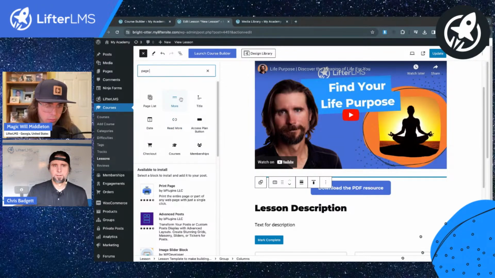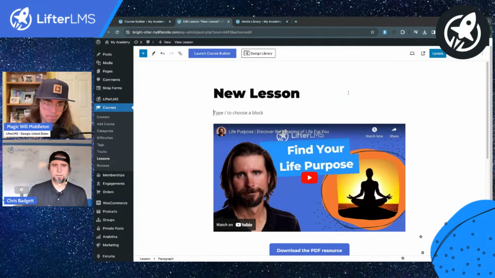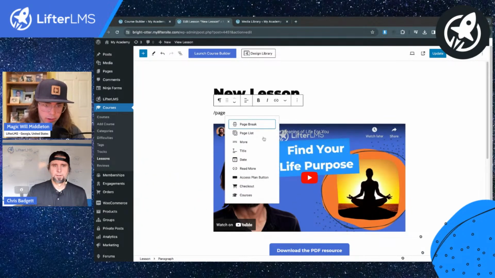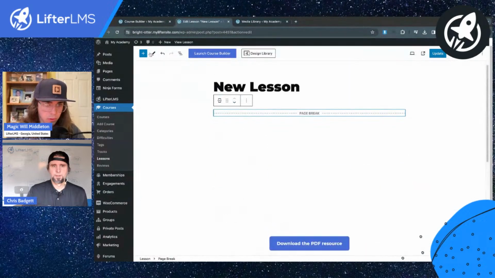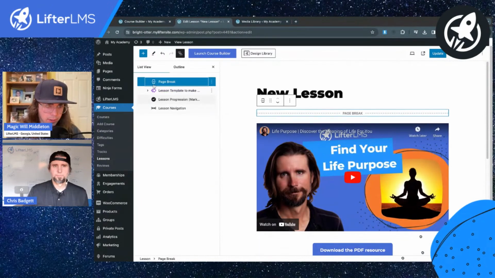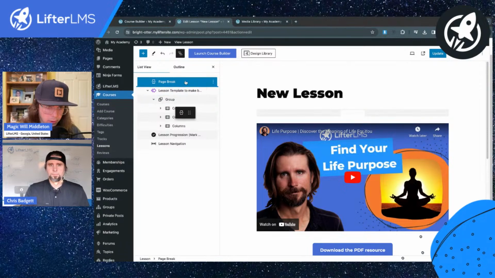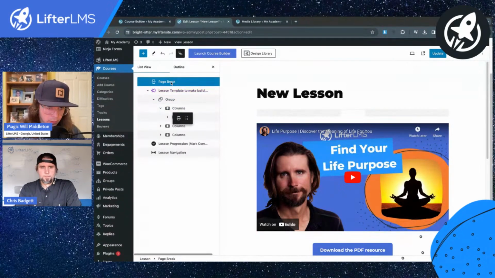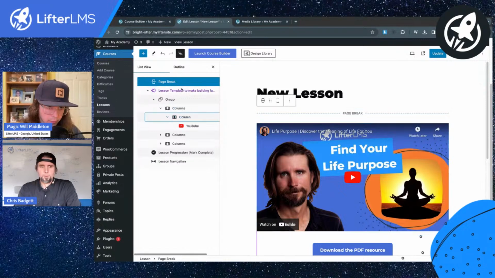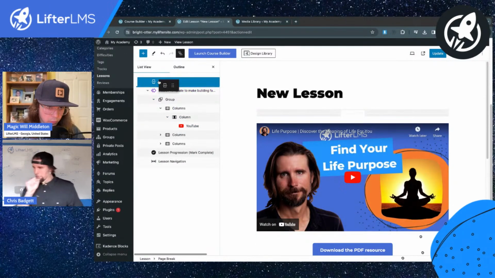Page break. So the page break block, this one is really useful for having a little bit of a broken up layout if you wanted to. Can I put my page break in my actual columns here? Let's see. Do I have to put it like down here? I might need to rework how I do this